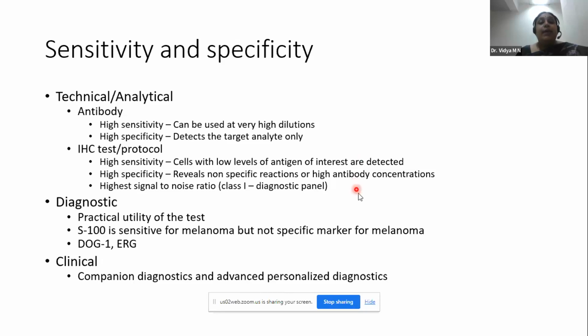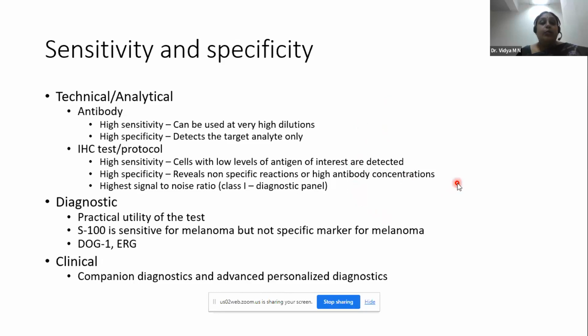So, but the same ALK can be a specific target analyte when we are using it for an ALCL test. We know how it is going to work on the control and how it is going to be specific on the test tissue. So this is how we know that something is called sensitive and something is called specific, based on the analytical